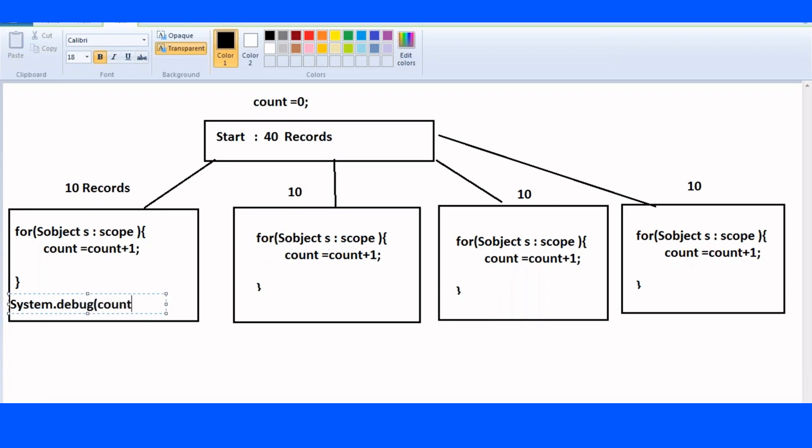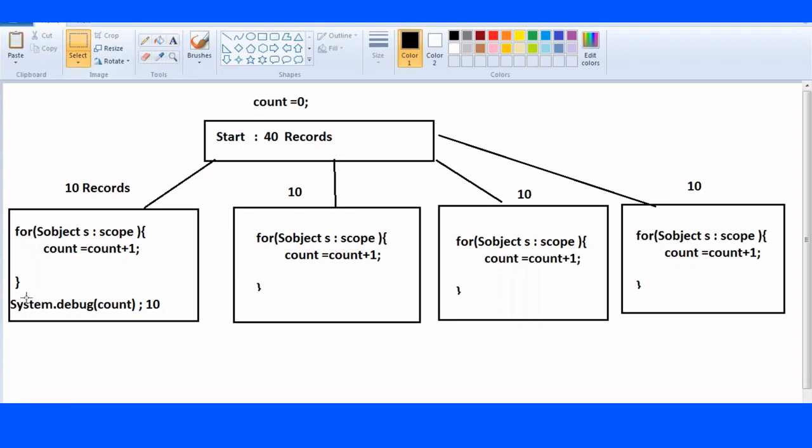a count, what is the value we are getting? When you print a count, it is giving 10, because you have taken 10 records, and you do count equal to count plus 1. So what is the value of count? 10. But if I complete this, if I come out of this execute,